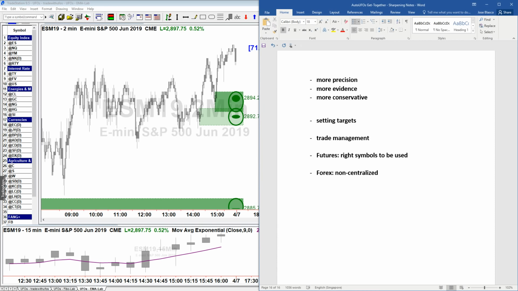It's non-centralized, but when I say it's the biggest, I mean it's the biggest by far, the largest. It doesn't even compare to anything else. That's how big Forex is. There is some data out there that if you Google it, you'll find things like $5 to $6 trillion traded per day in Forex. Futures markets are just a little tiny thing compared to Forex. And I'm not saying futures is not relevant. It's such a relevant asset. Futures is like 3 to 4 times the size of the stock market.